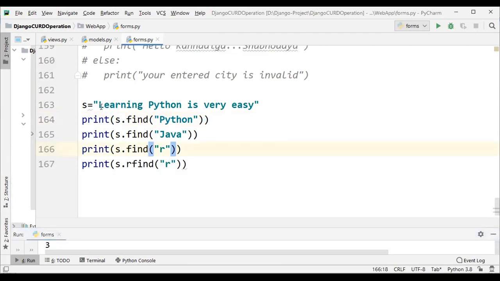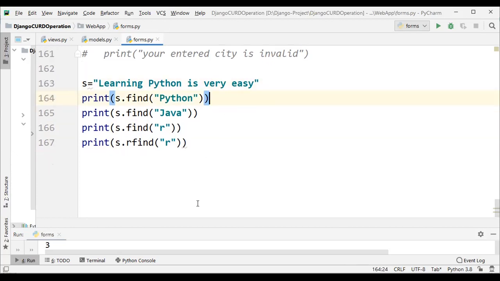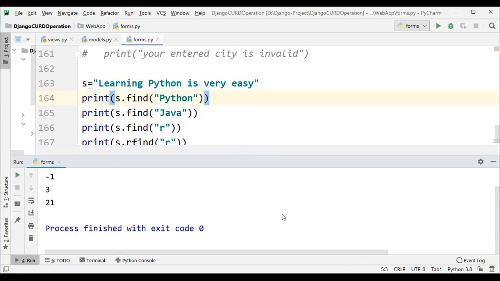Count 0, 1, 2, 3, 4, 5, 6, 7, 8, 9, 10, 11, 12, 13, 14, 15, 16, 17, 18, 19, 20, 21. Why right to left? R find, R index. R find is for the backward direction, and index and find are for the forward direction.